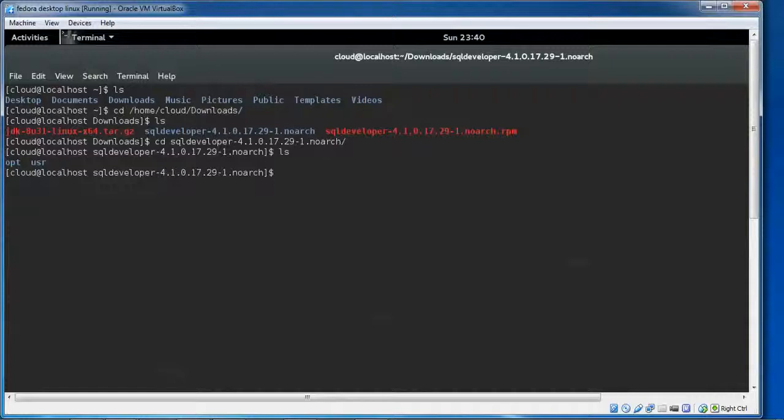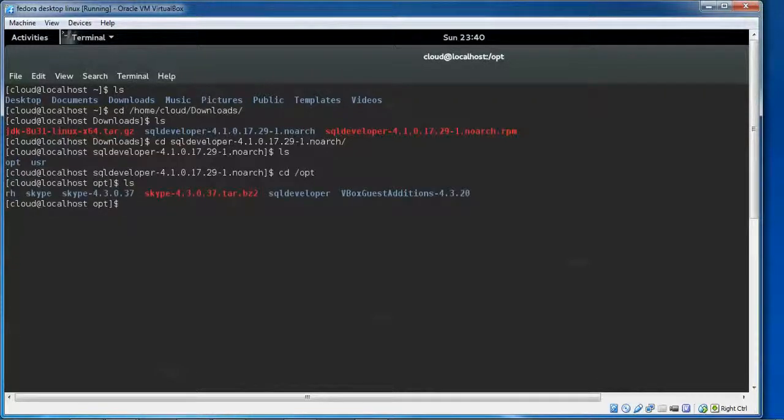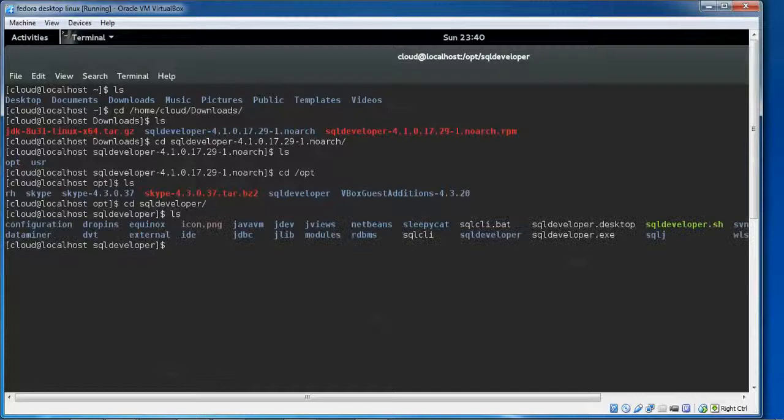You will see one folder there, opt. We need to go to that folder. Type cd opt, press enter, and it has been redirected to opt. Type ls. You need to find the sqldeveloper folder. Type cd sqldeveloper, press enter, type ls again. You can see here is sqldeveloper.sh in green color. So you need to run this file.